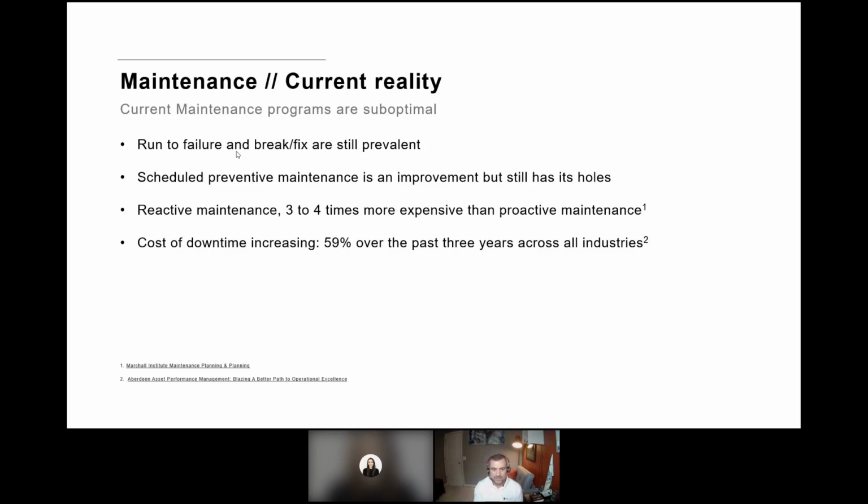And as you get into more lean manufacturing, the cost of downtime is increasing significantly, especially over the past 3 years in really all major industries, because we don't have warehouses full of product sitting to go out the door. Pretty much everything is off the line in a truck and to your customers. So unplanned outages can be catastrophic.